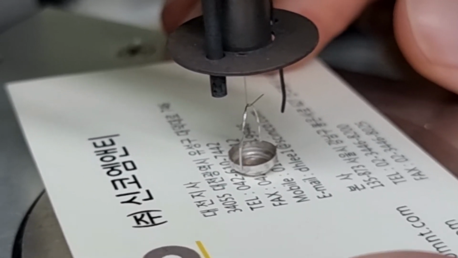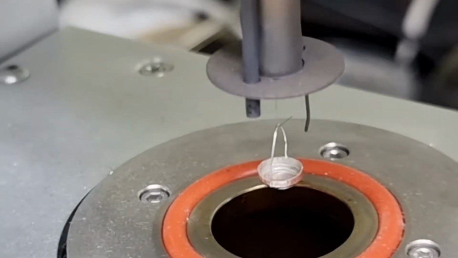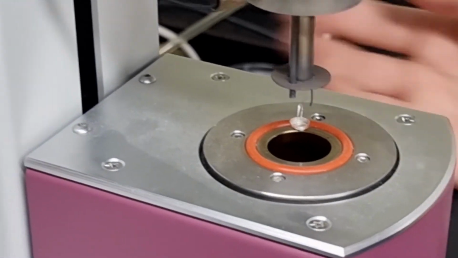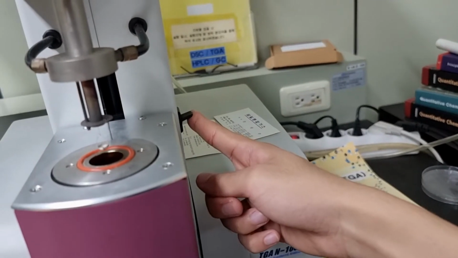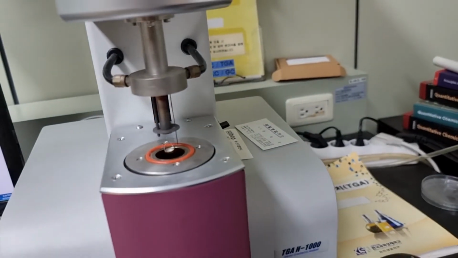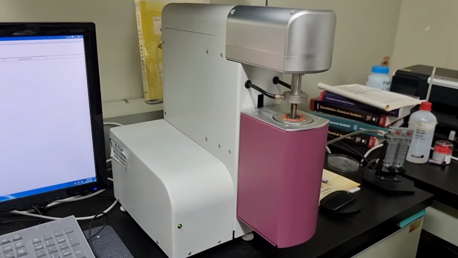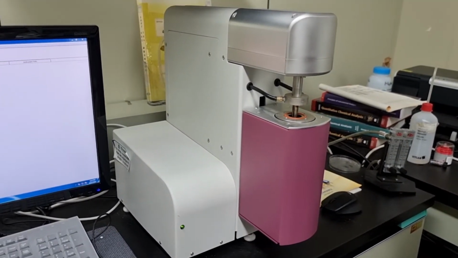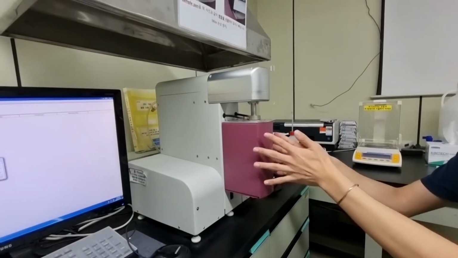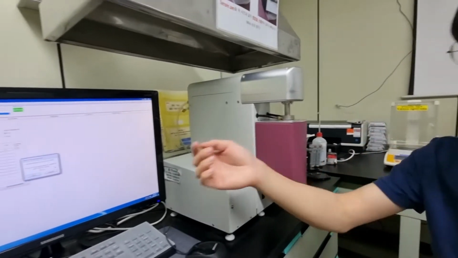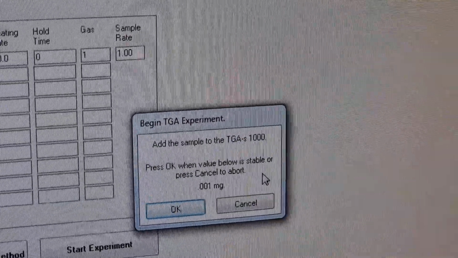You need to make it stable. Like this. So when you think it's stable, you can turn the lever up and it'll automatically go up. So you can see this machine fully went up. And when you press OK in the last section, you move on to this.